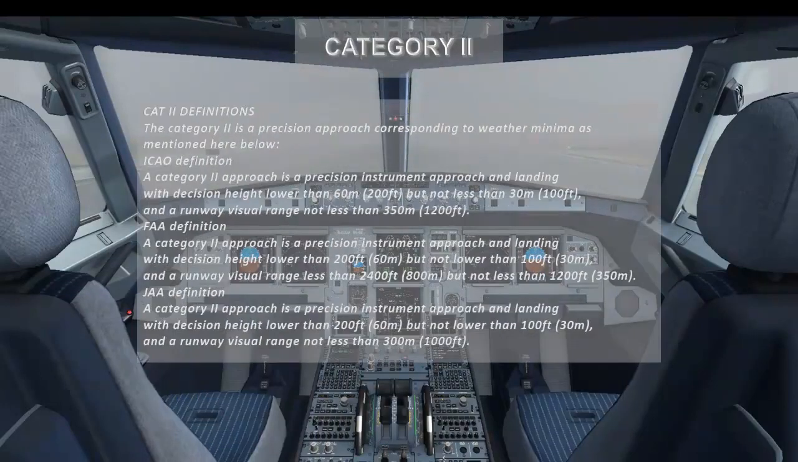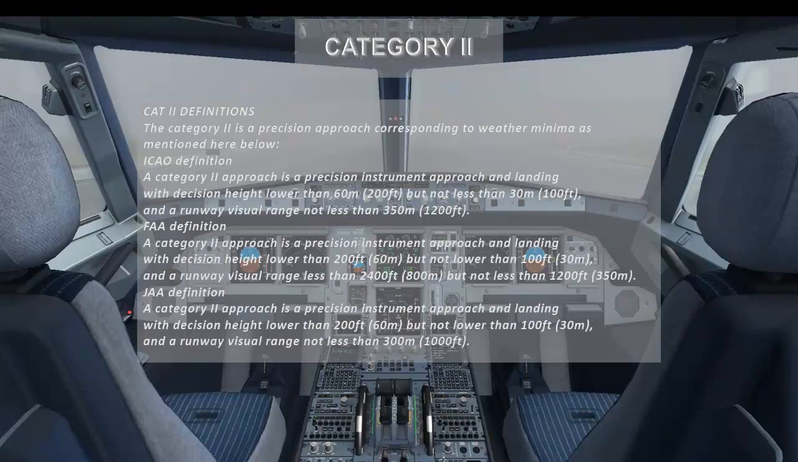Cat 2 definitions. The Category 2 is a precision approach corresponding to weather minima as mentioned below. AWO definition. A Category 2 approach is a precision instrument approach and landing with decision height lower than 60 meters, 200 feet, but not less than 30 meters, 100 feet, and a runway visual range not less than 350 meters,